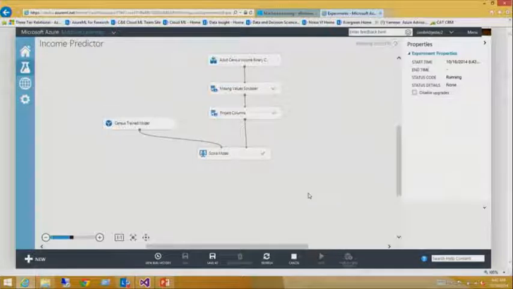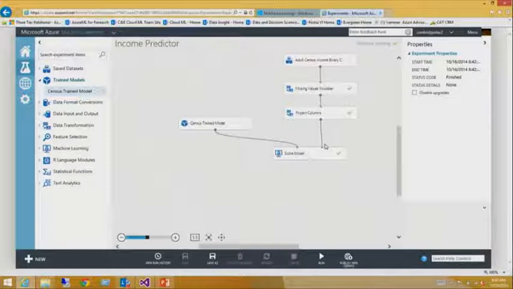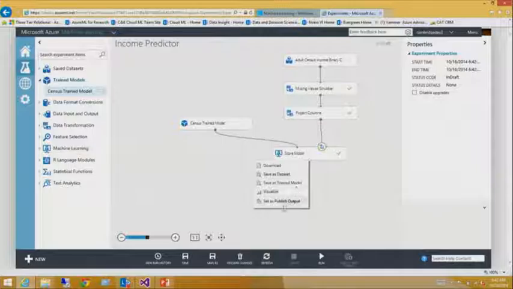Good. So the next thing I want to do is declare what my input and my outputs are to the web service. And I do that by selecting right here. This is my input data set into the scoring model. And if I click this here, I'm going to set that as my published input. And then similarly on the scoring module right here, if I select this, I could set this as my published